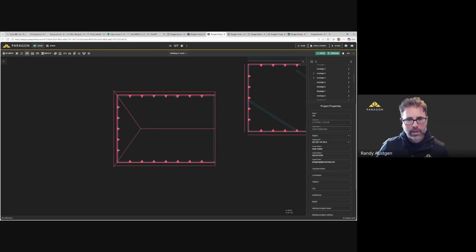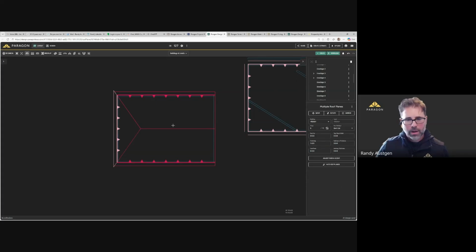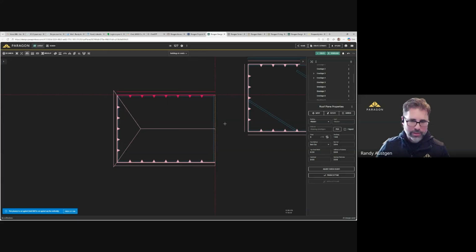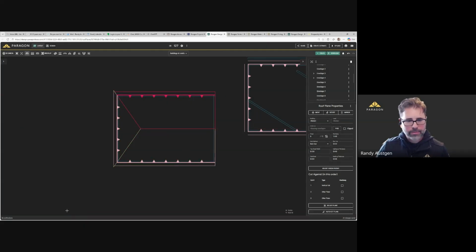When I was cutting in this gable plane, I'm going to do that one more time, a little slower. So recut. I'm going to hold down Shift. Holding down Shift is going to give me that vertical plane line, so you can cut to any edge by holding down Shift. I'm going to cut against that plane by hovering above it. We give you a preview that it's green, so that's cool. There we go, cutting against that one, and then finish.